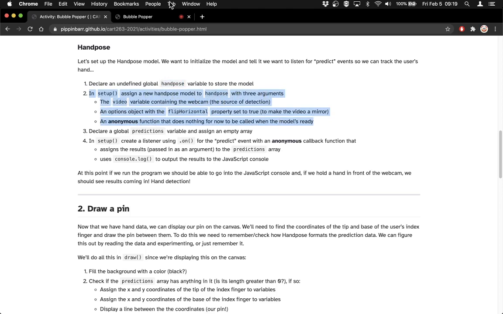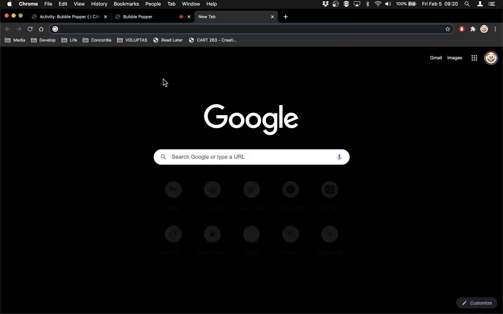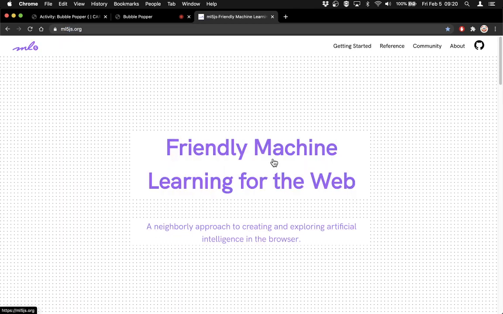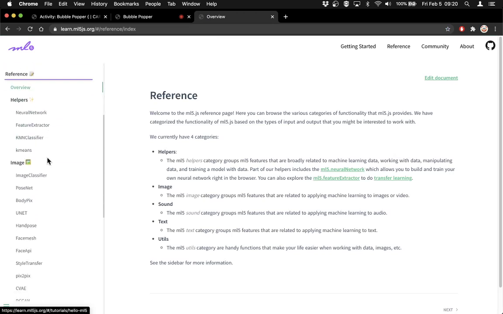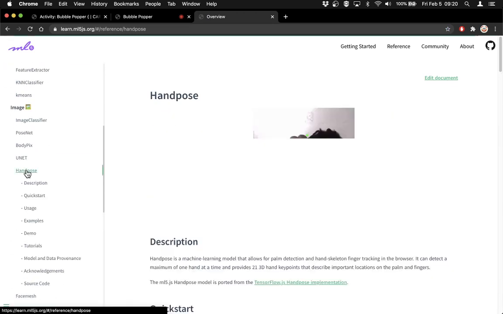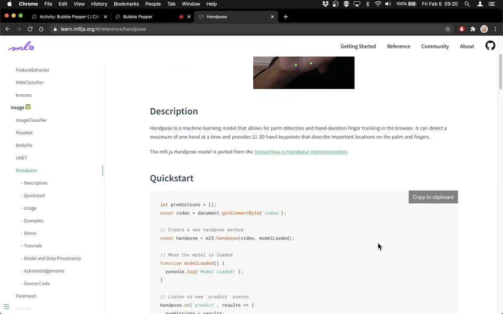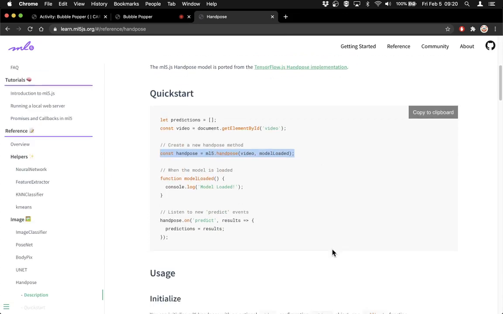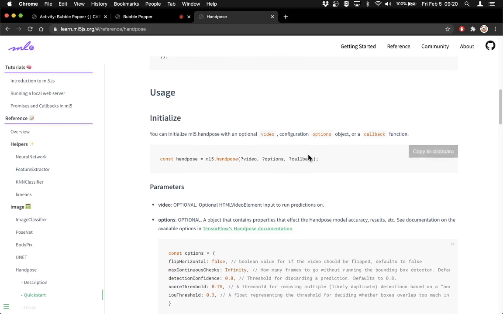So this relies on us remembering how you create a hand pose feature. If you don't remember, you go back to ML5JS, no justice, no peace. You go to the reference, and you scroll down until you find hand pose in the reference, which is just here. And then you can either look at the quick start thing here. In this instance, it's not as useful because we're going to do a little bit extra. Or you go down here and you look at the